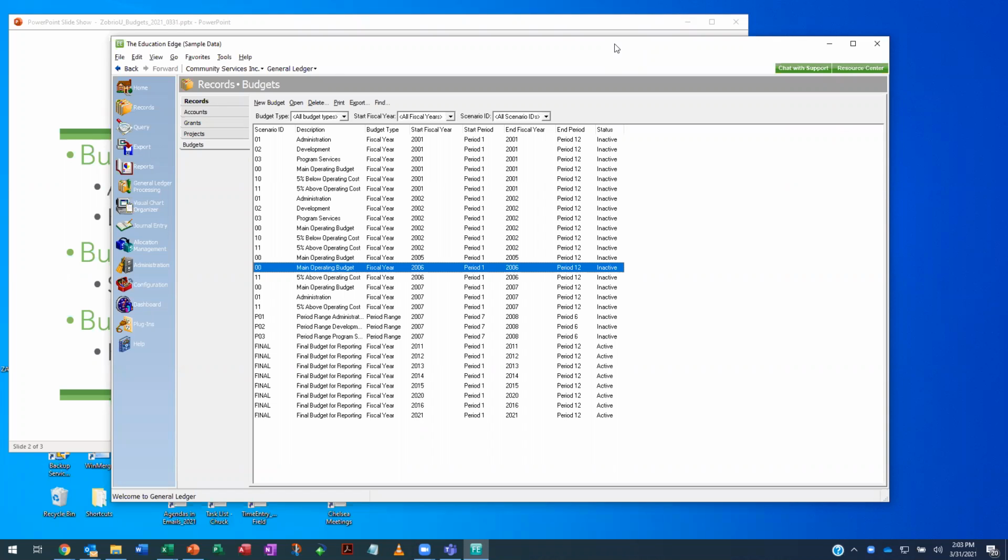So there are these things called scenarios. And most organizations basically have one scenario, and that represents what I like to refer to as the destination. So this is the quote unquote approved budget. So you go through all your budget preparation process outside of Financial Edge, because Financial Edge doesn't really store necessarily all of the bits and pieces that go into that. And then eventually, once that's all been worked through your approval process, then the results are stored inside Financial Edge